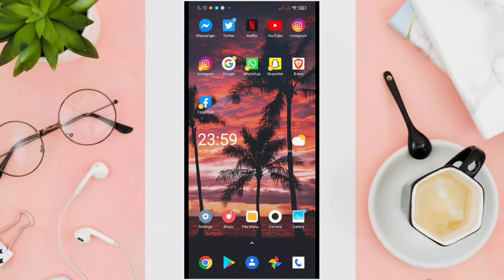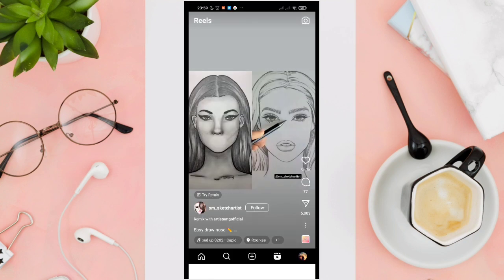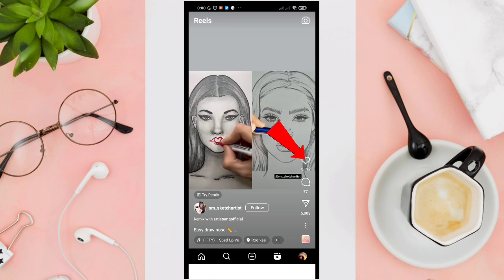Hi guys, in this video, I'll be showing you how to check recently watched reels on Instagram. So to do this, just open your Instagram application and then tap on the reels icon. Here, in order to rewatch the video after a week or after how many days, you just have to click